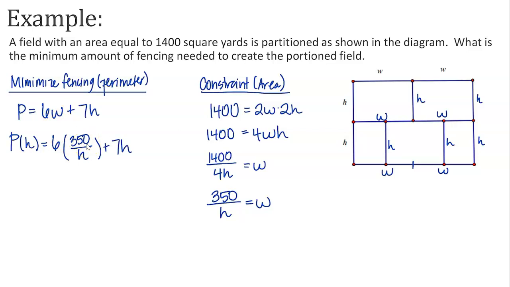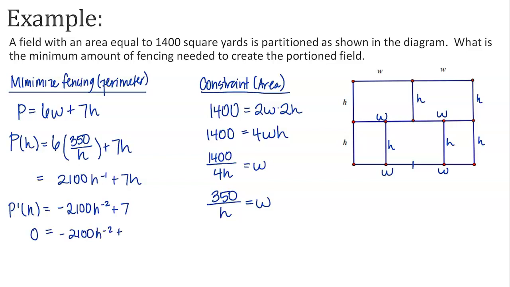And so now, if we multiply this together, we get 2100 H to the negative 1 plus 7H. And I'm writing it like this because I'm going to need to find the derivative. In order to find a minimum, I need to find those critical values. And so those are found by setting the derivative equal to 0 or finding where the derivative is undefined. So we're going to take the derivative now. P prime of H is negative 2100 H to the negative 2 plus 7. And I'm going to need to set that equal to 0